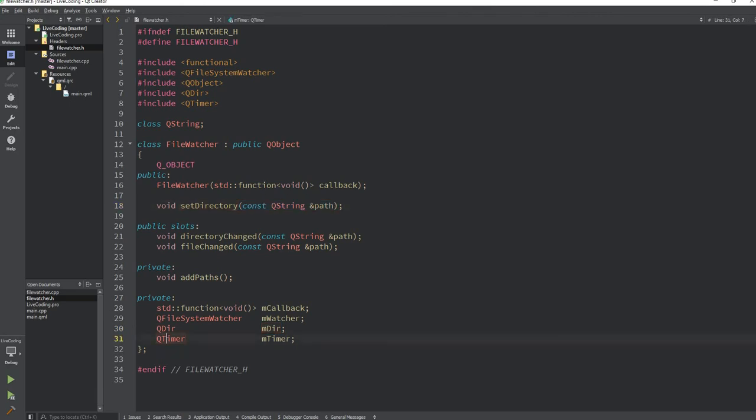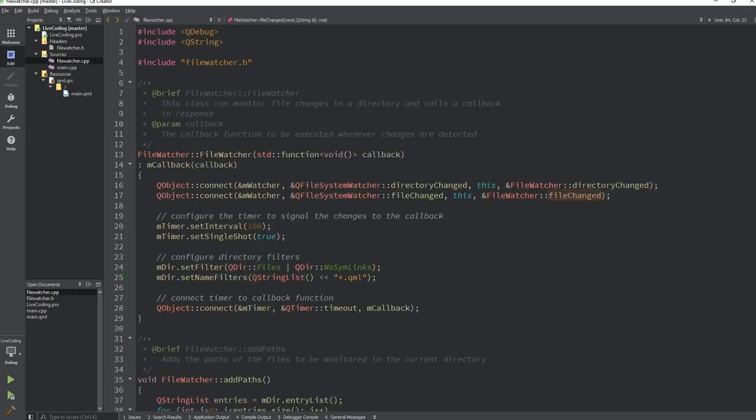And finally, we also have a QTimer that we simply use to avoid reloading the QML source whenever we have multiple changes in a very short period of time. We don't want to be executing the callback multiple times in a fraction of a second. In that case, it doesn't make sense. So instead of executing the callback directly, we're going to do so with a timer. So if we have multiple changes in less than, let's say in this case, 100 milliseconds, we will only be calling the callback once. So in the constructor, we can see that we set the interval of the timer to